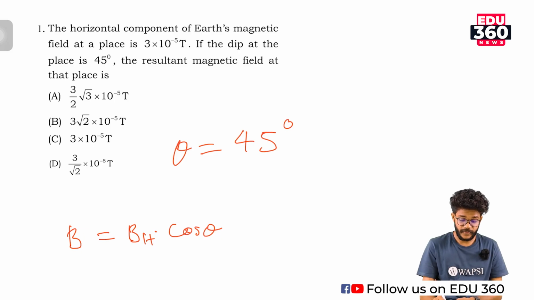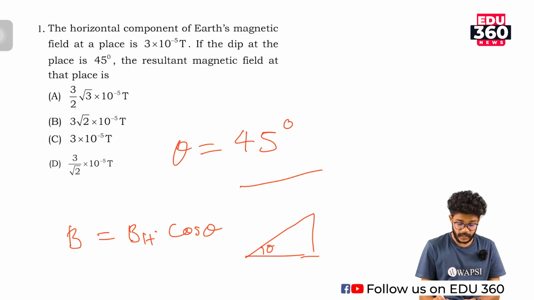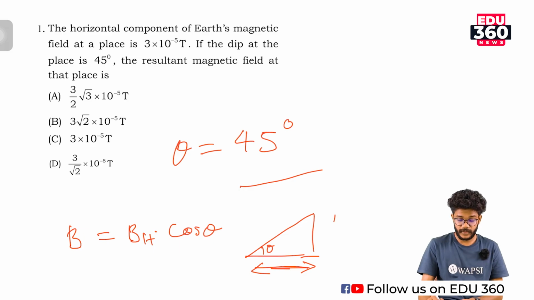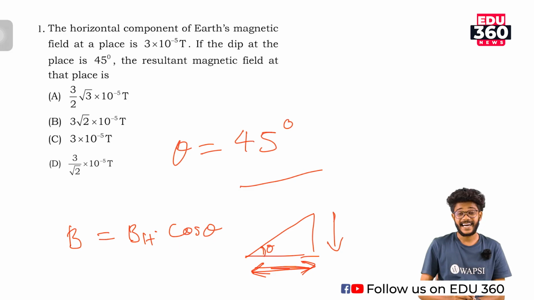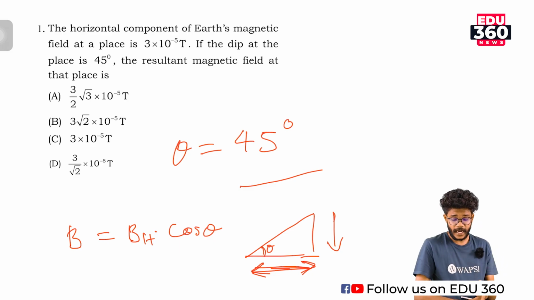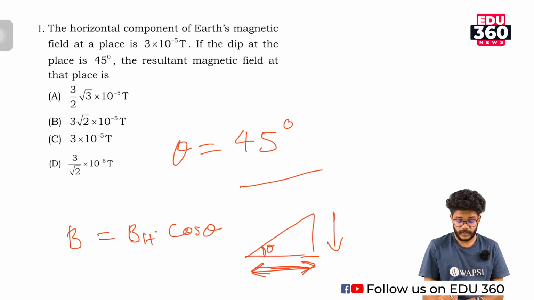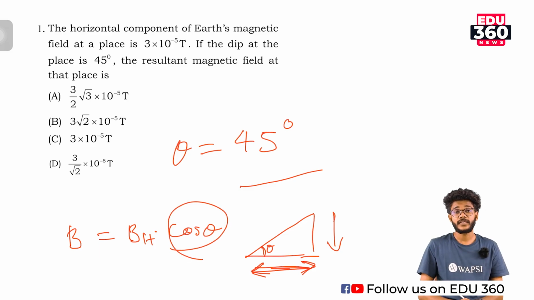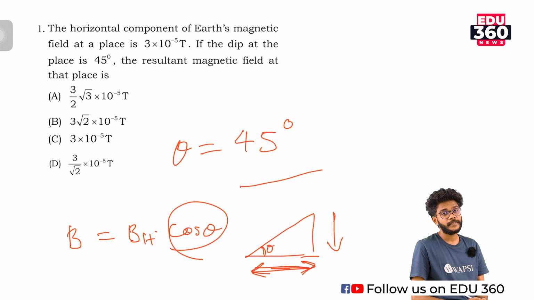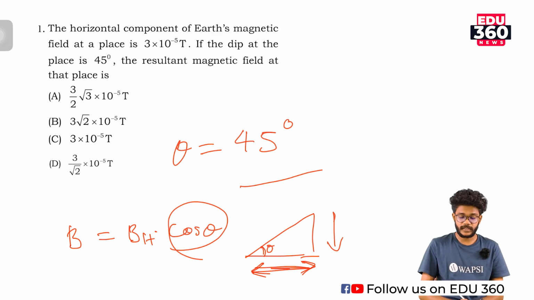So if we draw a triangle and this is the theta, this is the horizontal component and this is the vertical component. Then this side is the adjacent side of the angle theta. The adjacent side is what? Cos theta. Cos theta is nothing but the ratio between the adjacent side and the hypotenuse. Okay, so